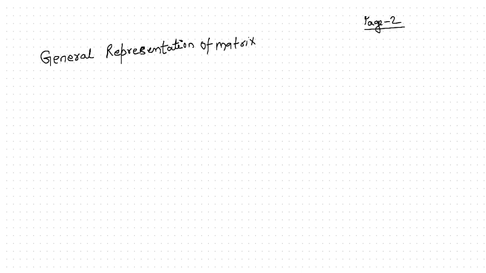As I already told you, in short we write a matrix as Aij with the order of m by n, where